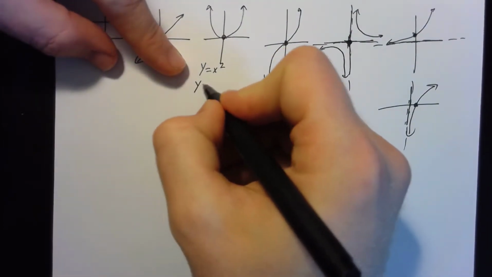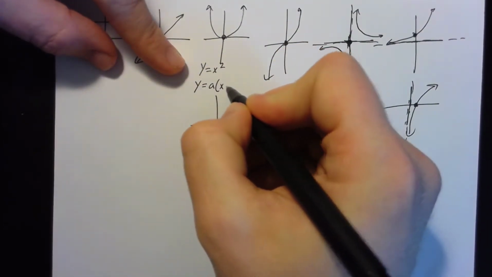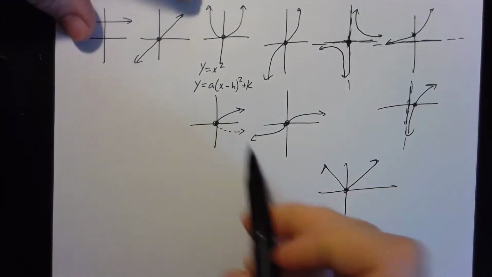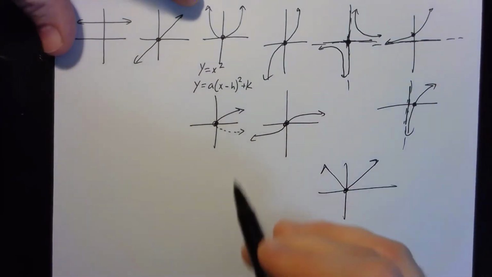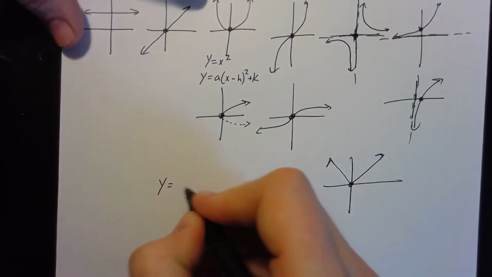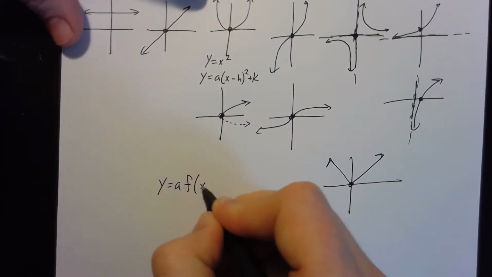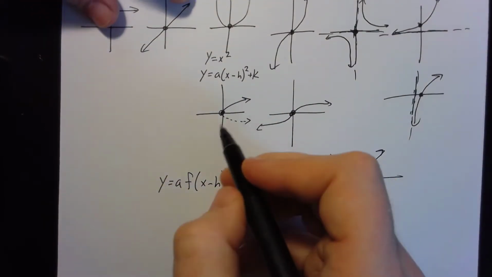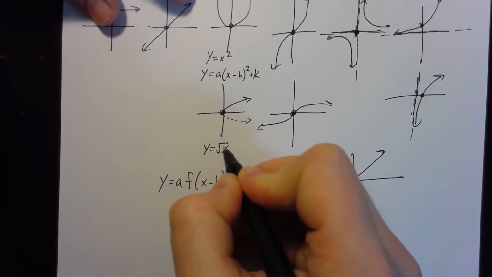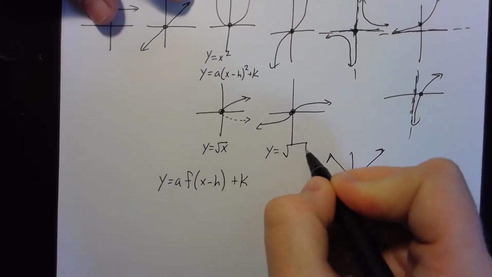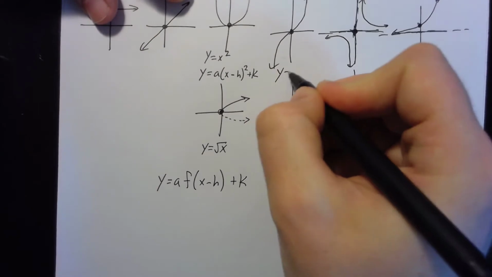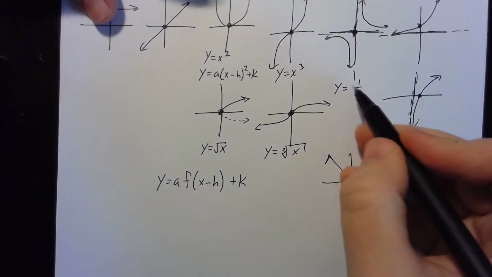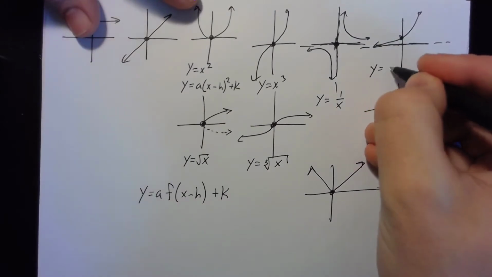Now recall the standard form of this equation was a(x minus h) squared plus k. And then recall that every single one of these graphs had a very similar formula, in which case y is equal to a f of (x minus h) plus k, where the function changed depending on the graph that we had, this one being the square root, this one being the cube root, this one being the cubic, this one being a rational function, that one's going to be a relatively tricky one,